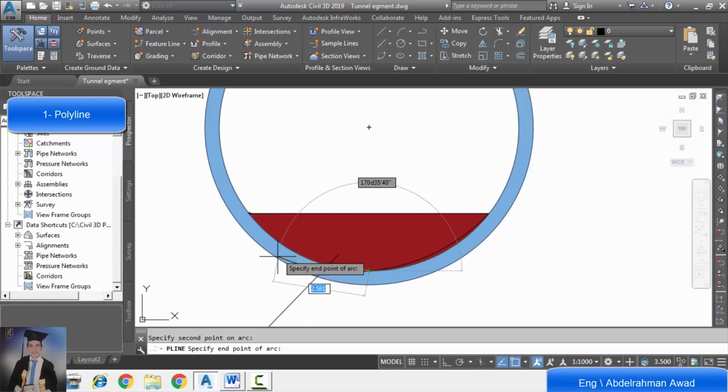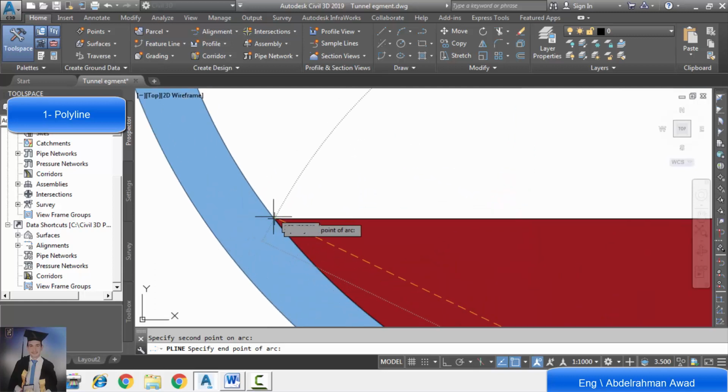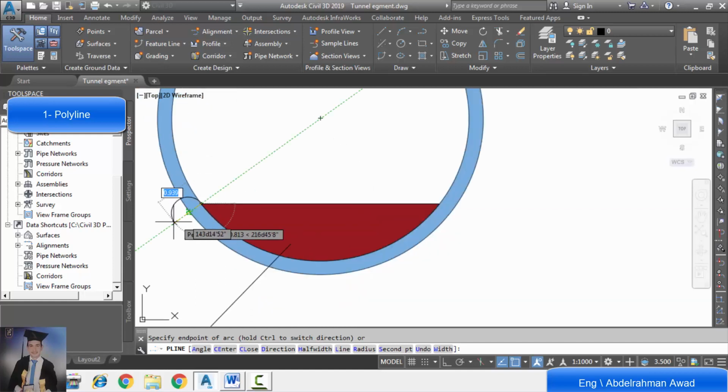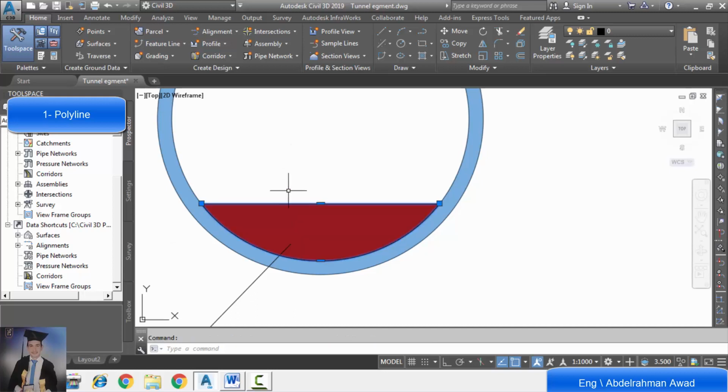The second point is defined. The end point is the first point of the line. So we have finished the polyline. We type CL to close this polyline. So the polyline of the filling layer is prepared.